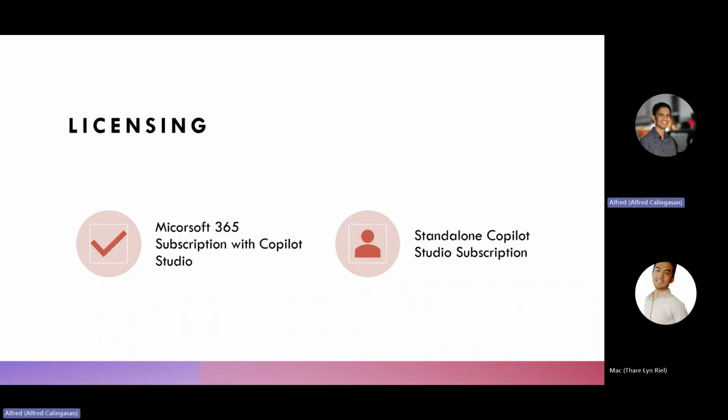So for licensing with Copilot Studio, you need the Copilot Studio subscription, the standalone, or the premium Copilot Studio included with your Microsoft 365 subscription account. For more on licensing, we can provide the references about the licensing of Copilot Studio later.